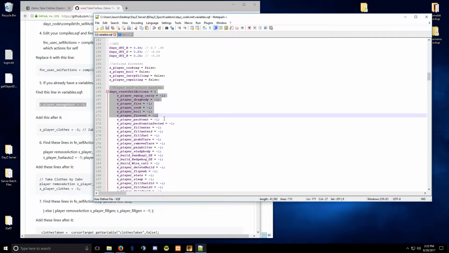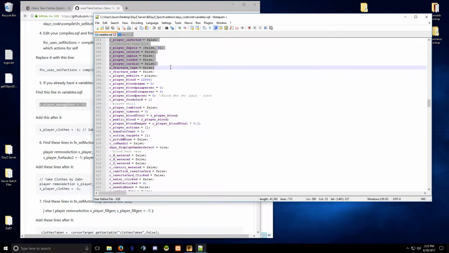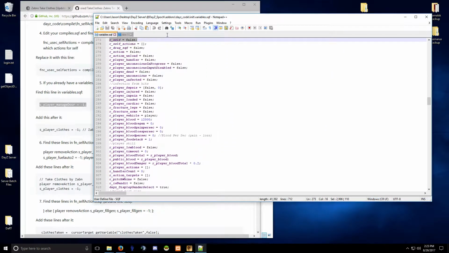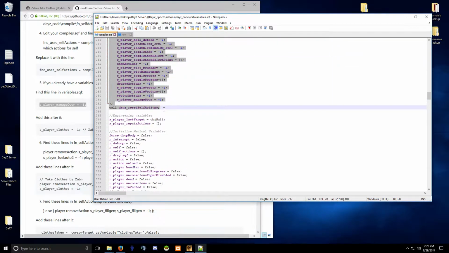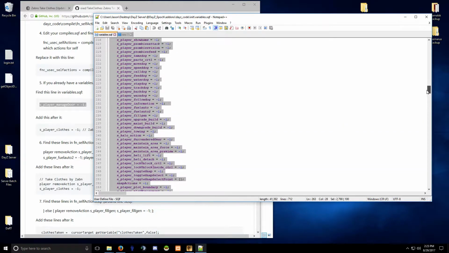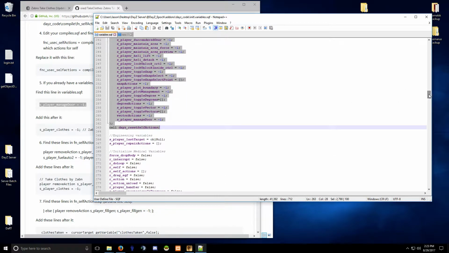So grab this whole thing, this reset self actions. Grab the whole thing, all the way down to here where it says call DayZ reset self actions. So you should have all of that highlighted, right? If you already have ZSC installed, this will already be in there. But if it's not, you need to add it. And then when you add ZSC, you'll have to merge, okay? So go Control C,